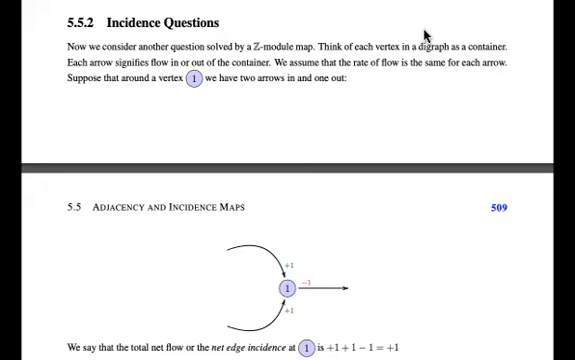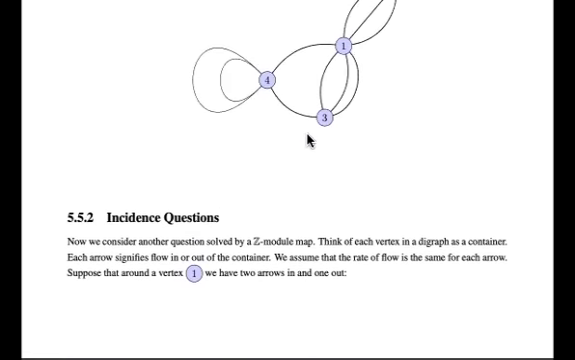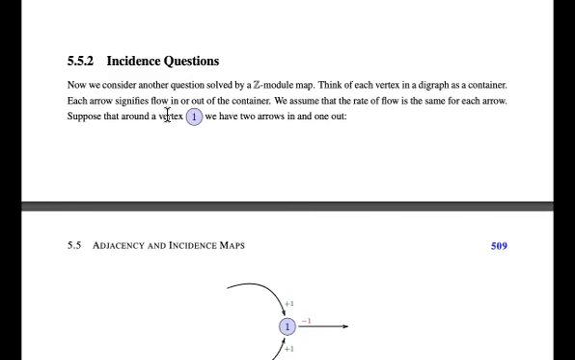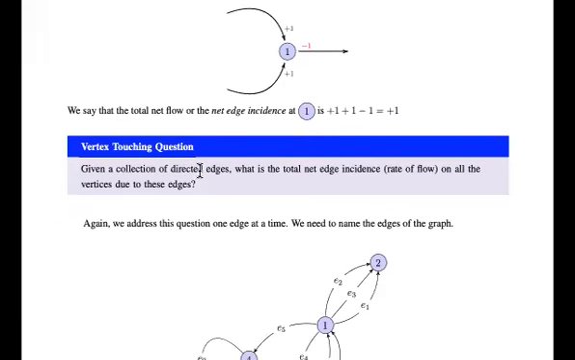This question has to do with incidence. Incidence meaning like an edge hitting a vertex. Before, for adjacency, it just meant vertices that had an edge between them. Incidence means like a hit, like an edge hitting a vertex. Okay, so here's the question. Given a collection of directed edges, what is the total net edge incidence rate of flow on all the vertices